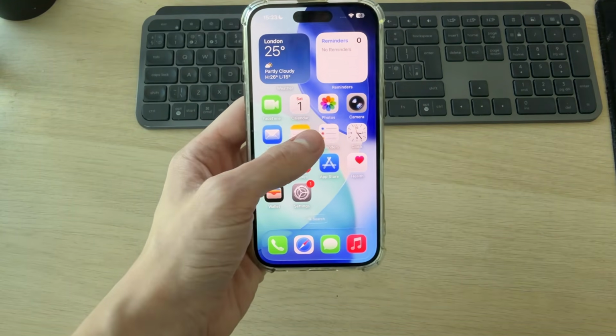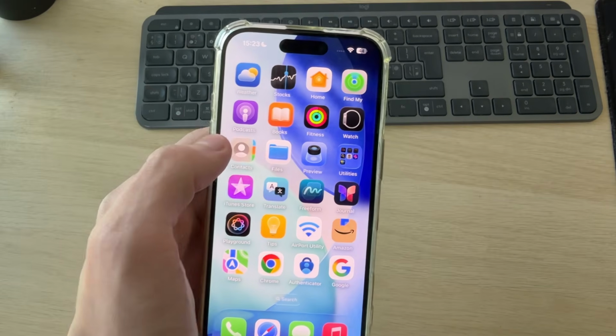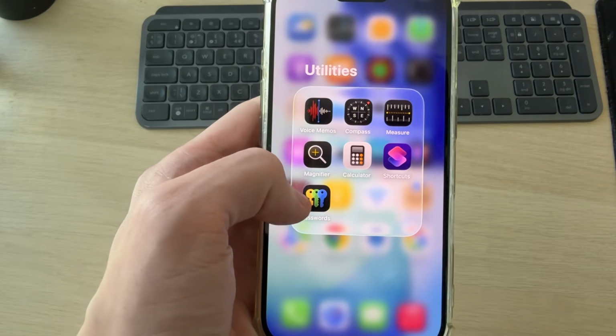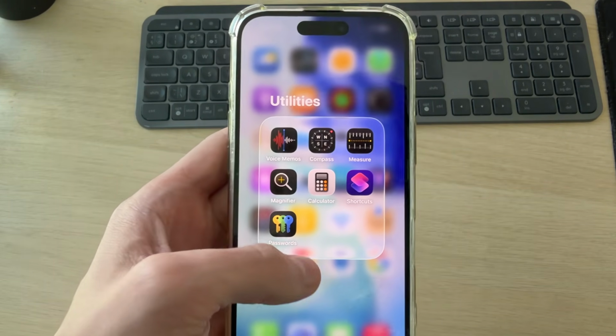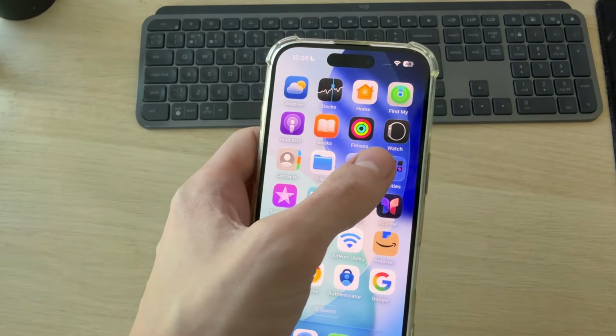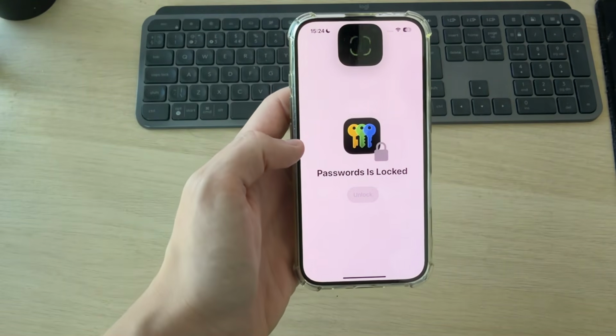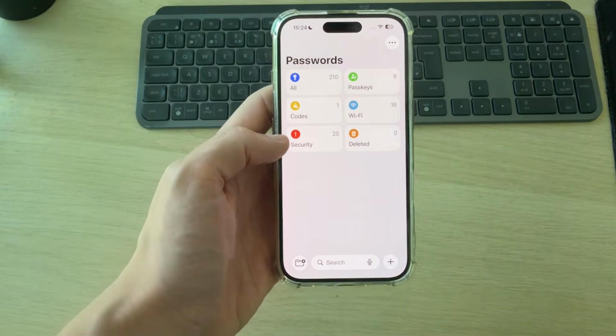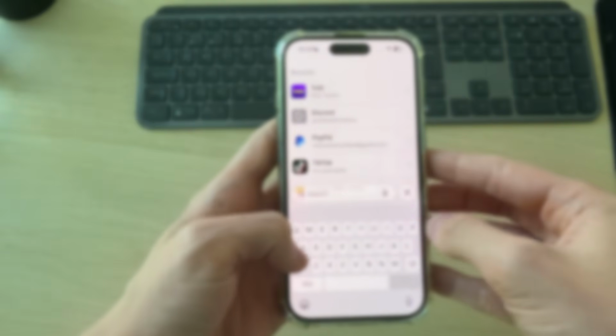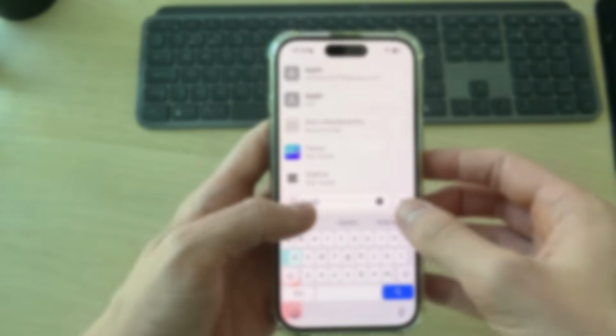So what you want to do is come across to the second page and find the utilities folder, tap on it, and find the passwords app. You can always drag down and search for passwords, and tap on it like so and unlock it. Press search at the bottom, and type in Apple like so,